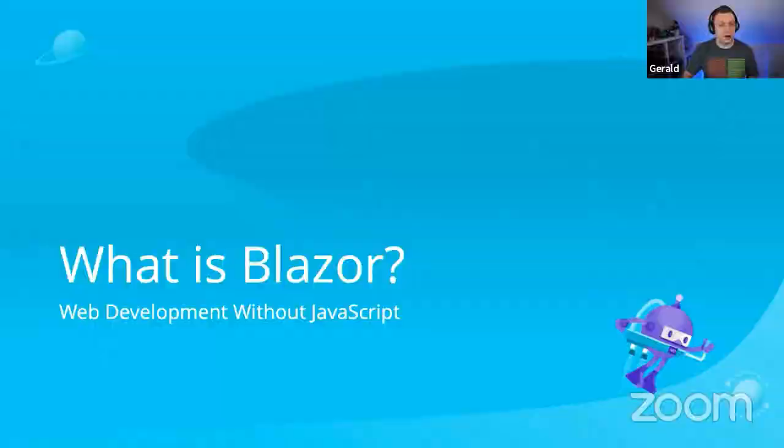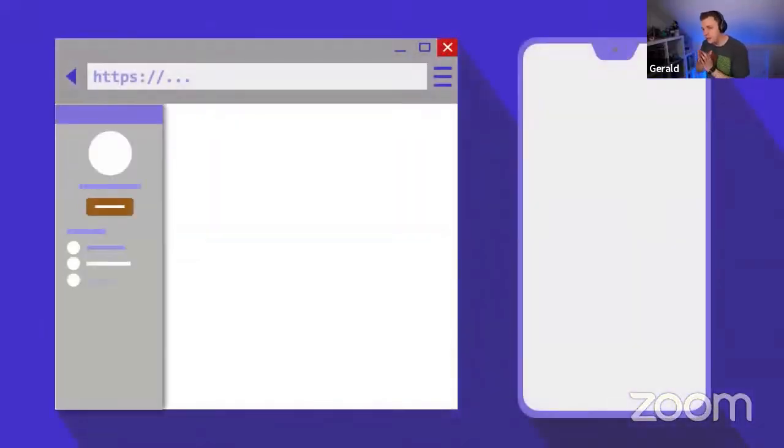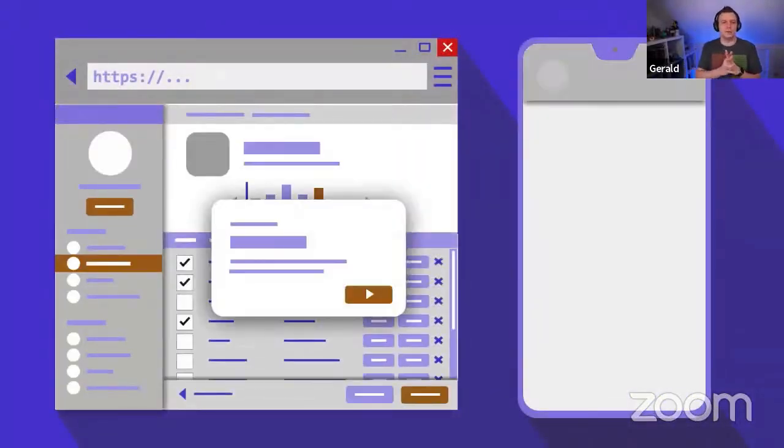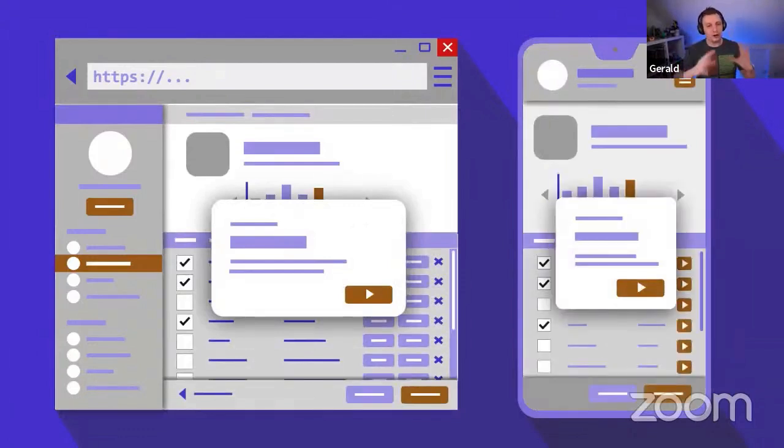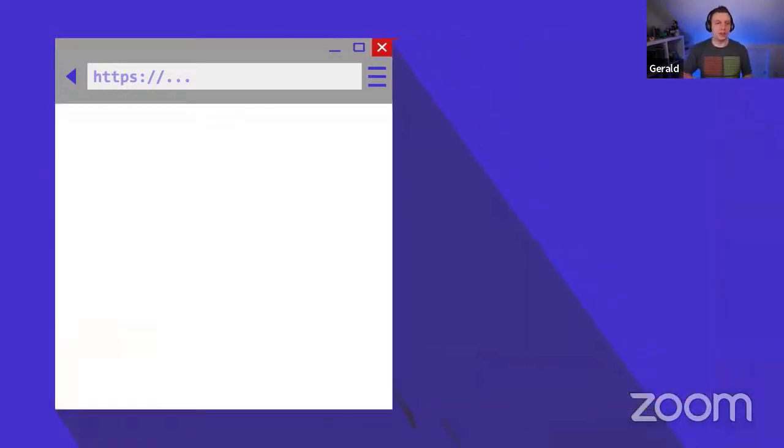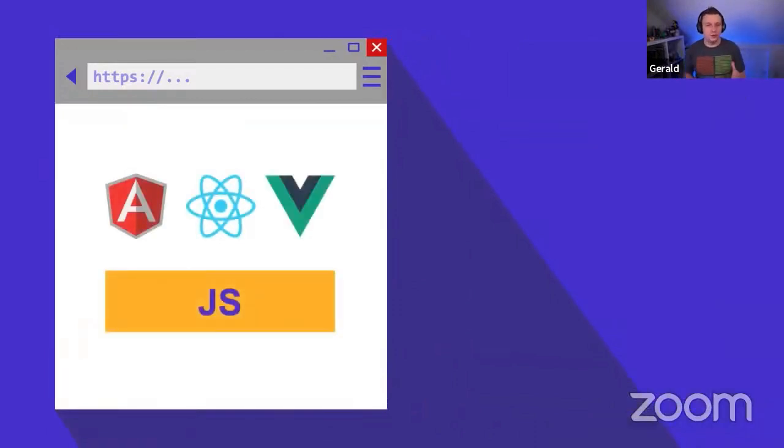Wait, I'm already home. All right, so if you think about single page applications, which look great and work great in browsers with the flyout menus and grids and all the rich things that you know from modern day web technology, and you go to the same application on your mobile device, it scales, it's responsive, it's super nice. But if you want to also run that with ASP.NET today, you totally can, but you will always be faced with Angular and React and Vue, and they are all